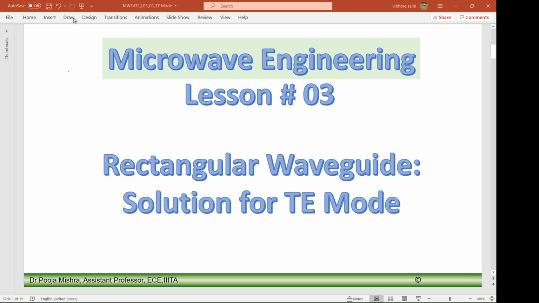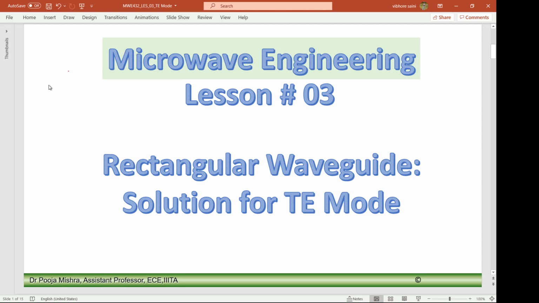Hello students, in this lecture we'll study about rectangular waveguide solution for TE mode. The rectangular waveguides are the waveguides which are hollow metallic tube having rectangular cross section, and they confine electromagnetic wave within it. There is no TEM wave propagation, and only higher modes, that is TE or TM mode, propagates within